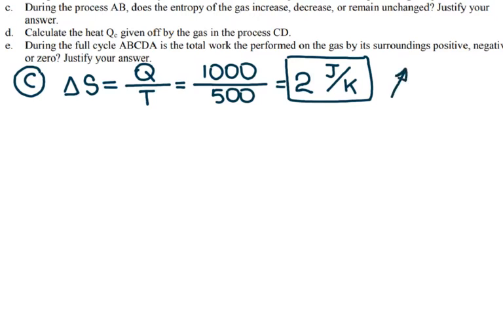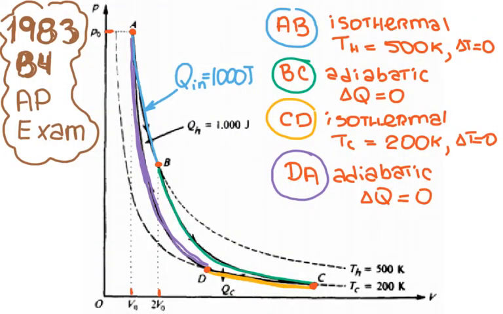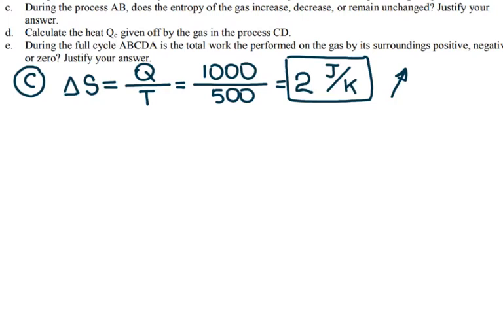The entropy is increasing. For the D part, they ask you to calculate the heat Q cold given off by the gas in the process of CD. Let me go back to look at CD. Do you see that CD is also isothermal and the temperature is 200 Kelvin? So if the temperature doesn't change, again, there is no internal energy change. So going back to the D part,